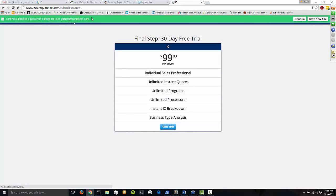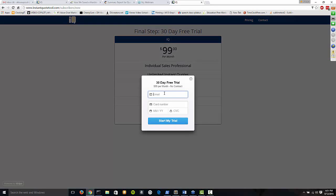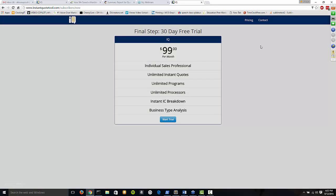And so once you create that, it's going to pop this up. It's a secure pop-up, so the information never touches our database at all. I mean, obviously, we're in credit card processing, so we know how to do that. When you click Start Your Trial, it's going to pop up with your credit card information, and you're going to be charged $99 30 days after your trial starts, unless you go into your,